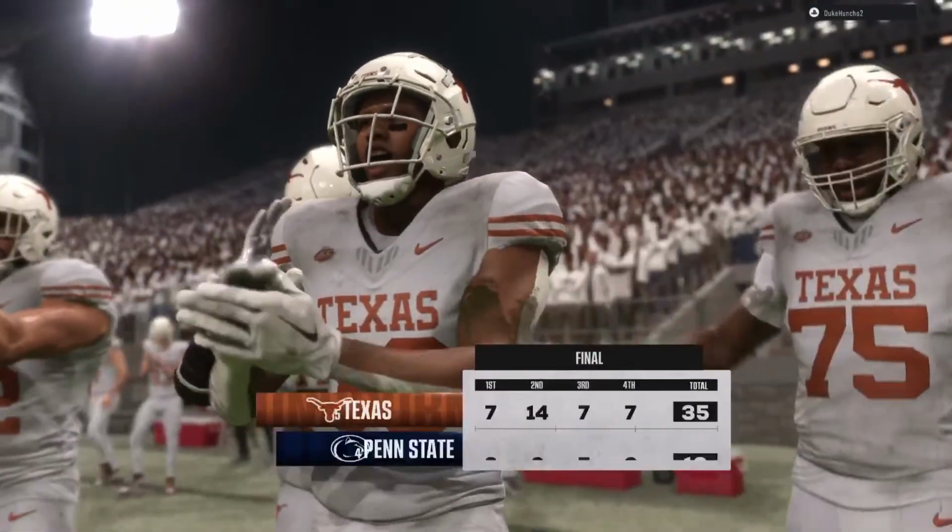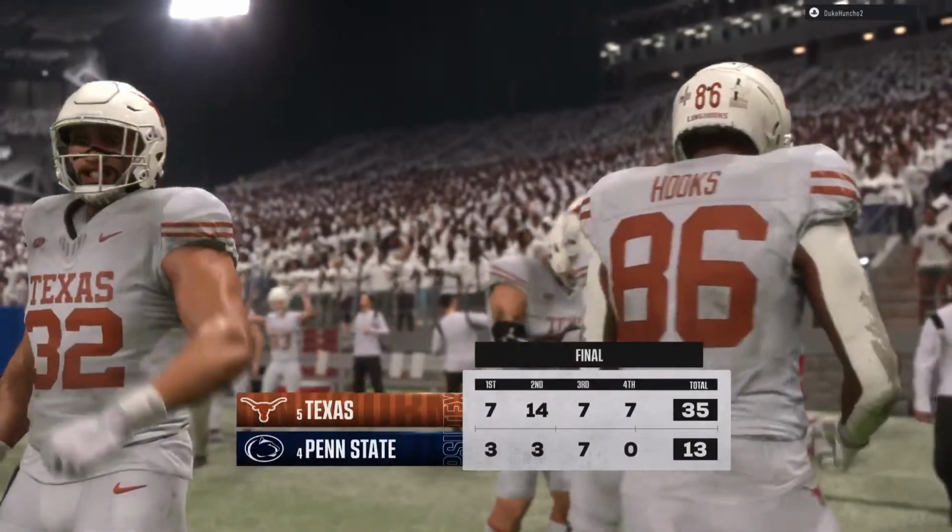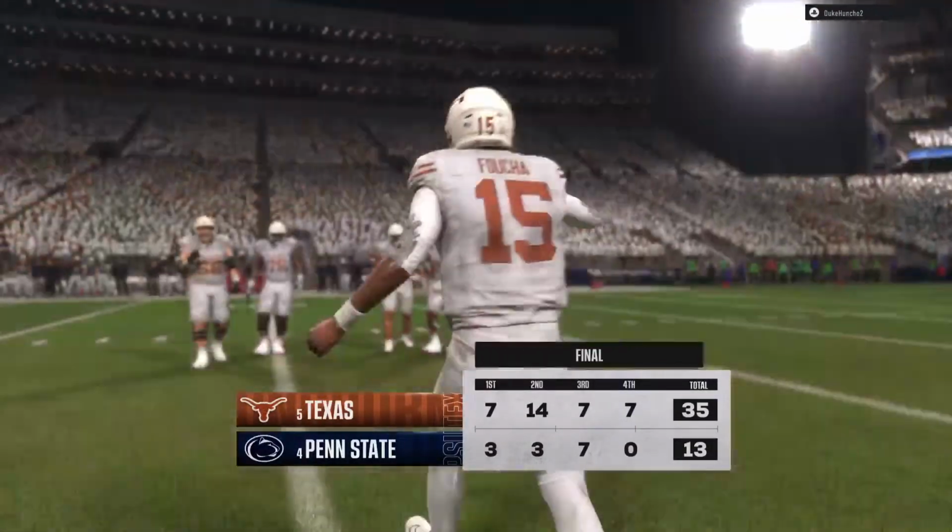Well, it wasn't a flawless performance, Kirk. They looked pretty good out there today, and a very satisfying W. I think this group has a chance